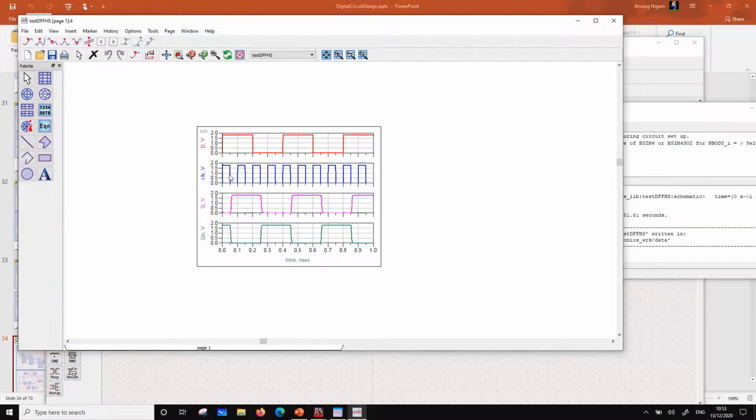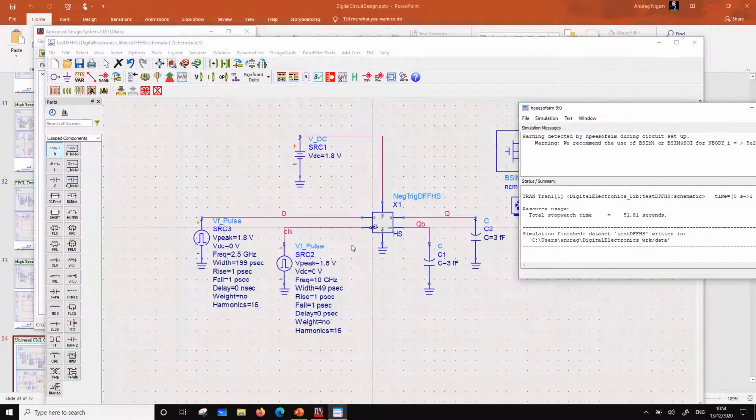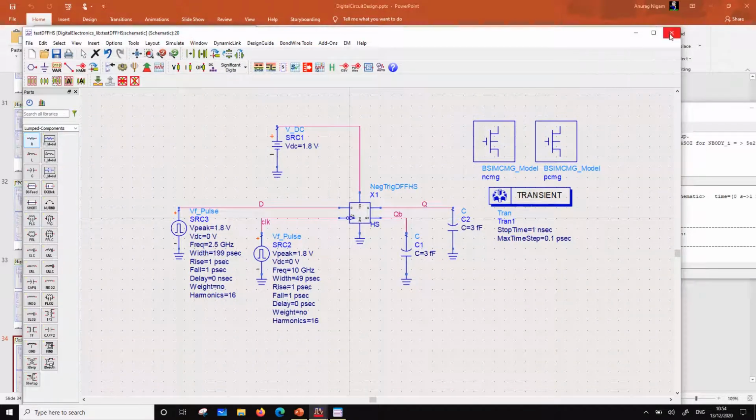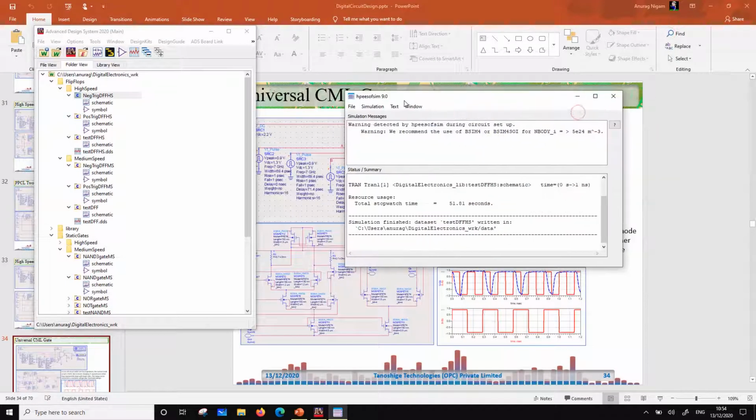Okay, so is it working? On the falling edge I have a transition. Everywhere on the falling edge I have a transition. So this is working. This is a negative edge triggered high speed D flip-flop clocked at 10 GHz. You can clock this at 60 GHz also, or 80 GHz, it will work. Okay, so this is the section which I just concluded, and later on we will go to other logic families which are used in high-speed digital design. So let me just